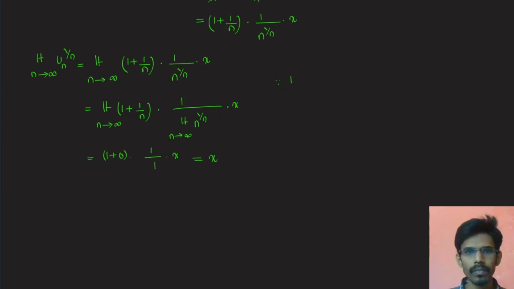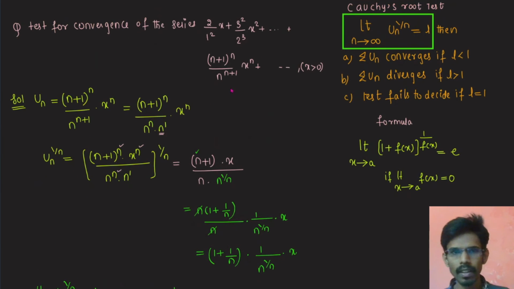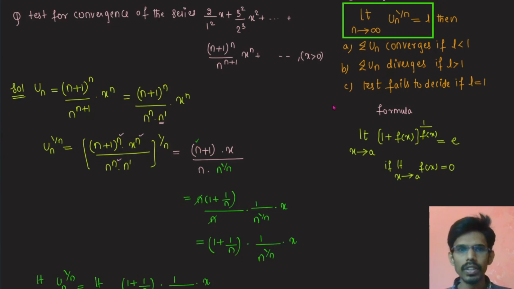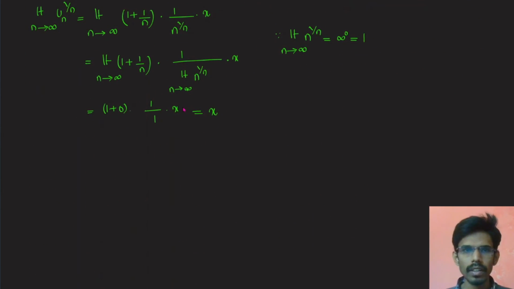Since we know that limit n tends to infinity, n power 1 by n, if I put the limit, it will become infinity power 0, right? This is the standard form. For this we apply log on both sides. We did this in limits, so no need to do it here. Just remember, limit n tends to infinity n power 1 by n will be 1, right? We got the value of x here, that is L value is x, so we can't say whether it converges or diverges.